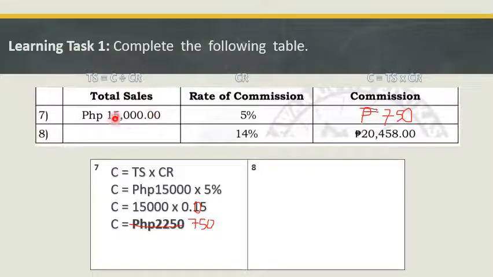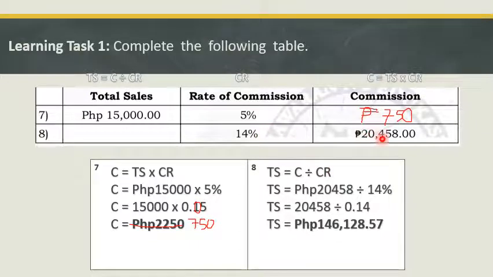Then, sa number 8, ang hinahanap naman is total sale. So, para makuha ang total sale, you have to divide commission and commission rate. So, 20,458 divided by 14%. Yung 14% convert into decimal, so magiging 0.14. So, divide natin yung 20,458 divided by 0.14. Ang magiging total natin is 146,